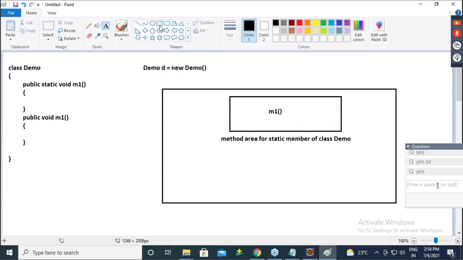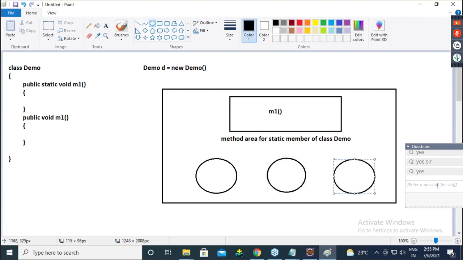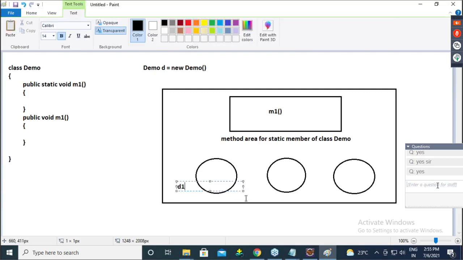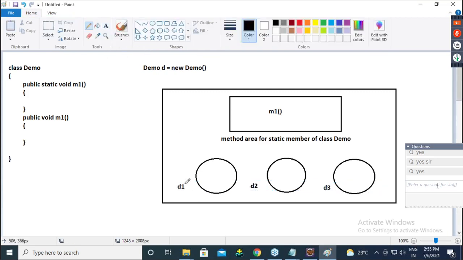Now, if you create 10 objects also, let's say I have three objects like this: D1, D2, D3, and the references are pointed towards them.